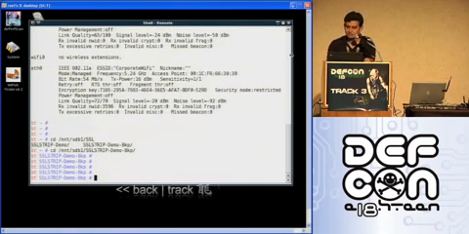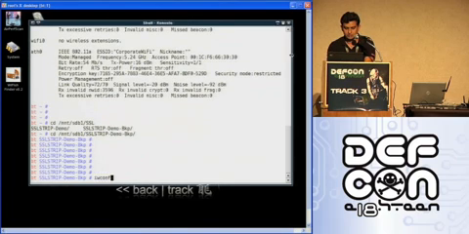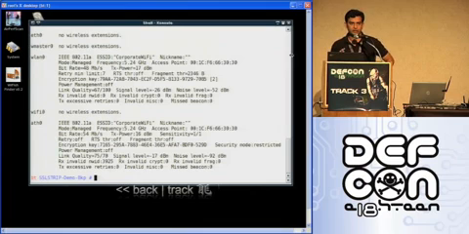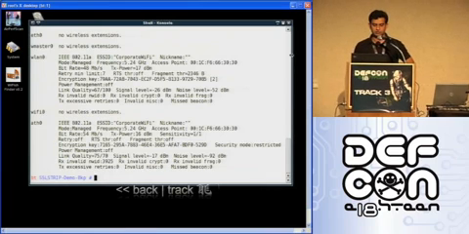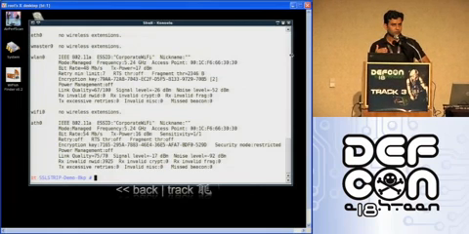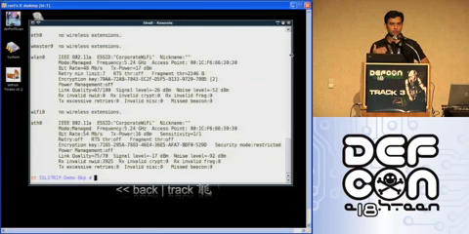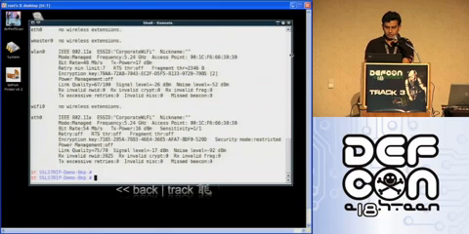All my stuff is here, and I have two Wi-Fi interfaces running on this laptop. One is running on top of an unmodified version of the driver. I will be using it to demonstrate something, and then I have the ath0 interface, which is running on top of a modified version of the driver. So I'm going to use SSL strip software to launch the man-in-the-middle attack.